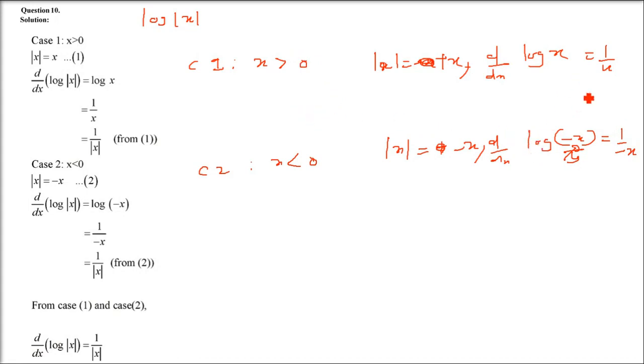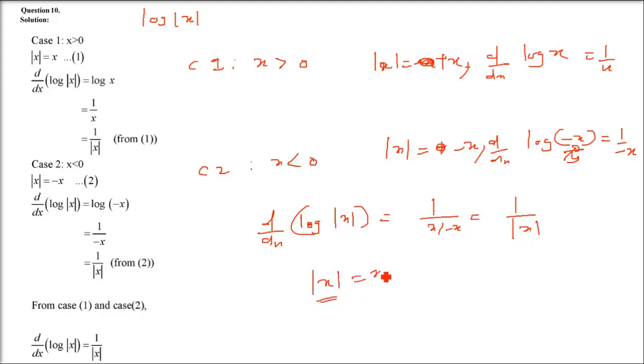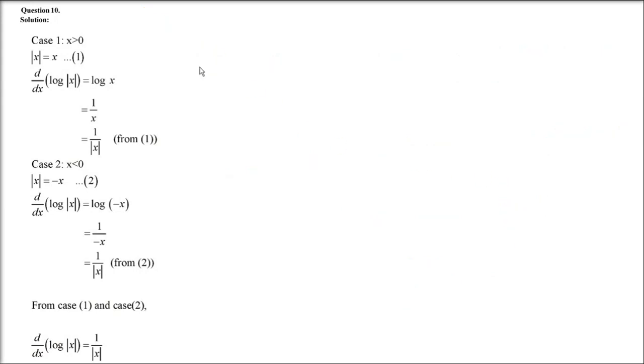So, but what you see here, that 1 by x and 1 by minus x, what does it mean? We just did minus 1 by minus x. Okay. So now you have, because log x is 1 by x, so you don't have to do minus x. I just said minus x, you don't have to do that. So log mod x, it can come x and minus x. So that is why you are going to write 1 by mod x. That is, mod x is x for x greater than 0, minus x for x less than 0. Okay. So you can just put it like this, 1 by mod x. This is the answer.